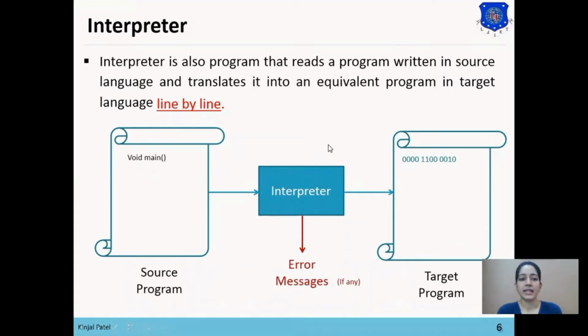Then it will scan the next line and convert it into machine language and generate the error if there are any. So interpreter converts the code into target program line by line. So it does not require to generate intermediate code before generating machine code, as it does the process line by line.